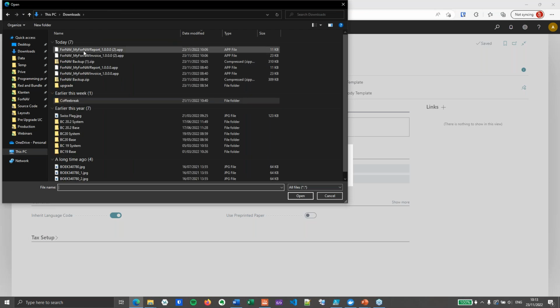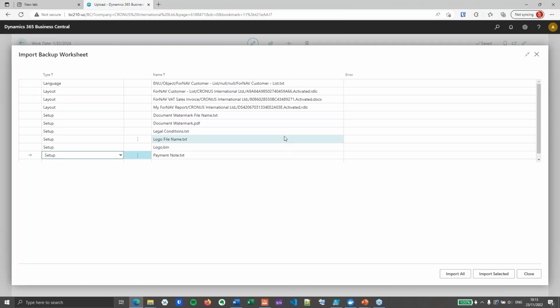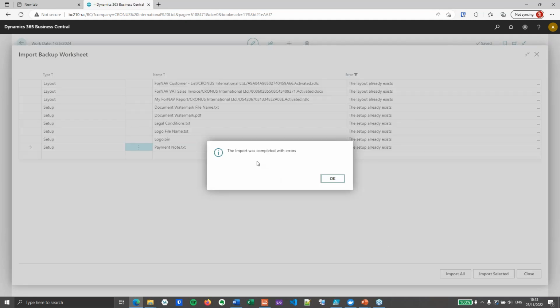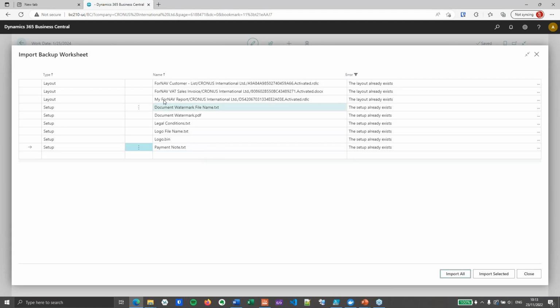which is going to be the ForNAV backup 1. In the ForNAV backup 1, you will notice I've got my ForNAV language, I've got my layouts, and I've got my setup stuff that I've exported before. I will simply say import all, and importing all says the import was completed with errors. You will notice that the ForNAV language has imported properly, but everything else, it says it already exists,